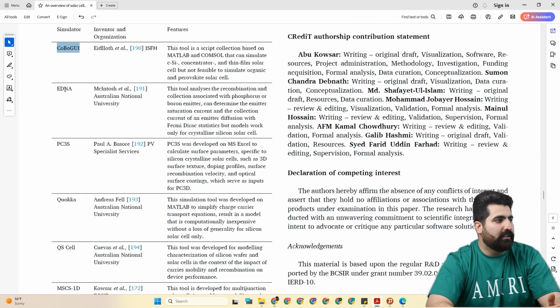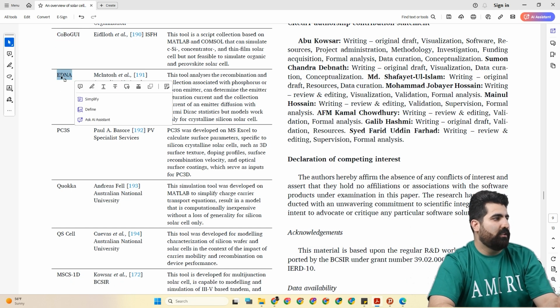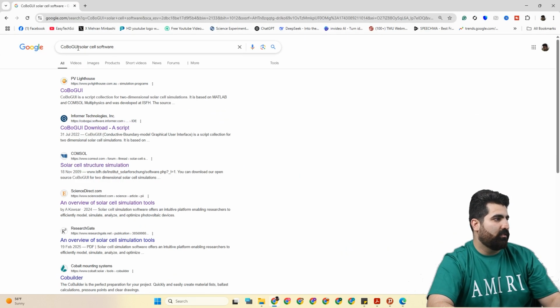The next is EDNA, that is developed by Macdonald and Australian National University. This tool analyzes the recombination and connection associated with phosphorus or boron emitter, can determine the emitter saturation current and Fermi-Dirac statistics, and the model works only for crystalline silicon. This is some limitation, many limitations, because you can just simulate crystalline silicon. EDNA, we can just search it,